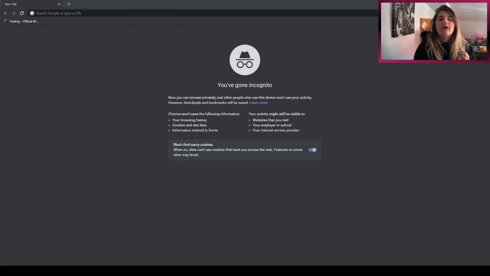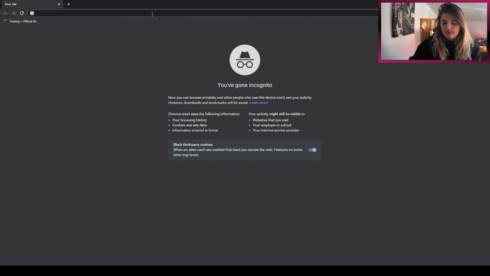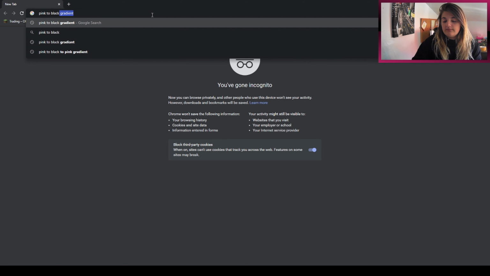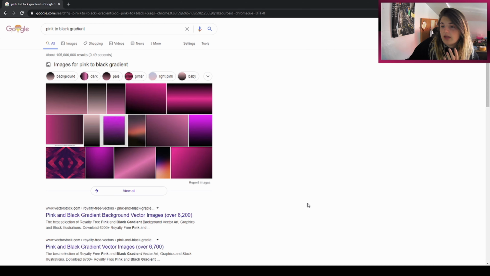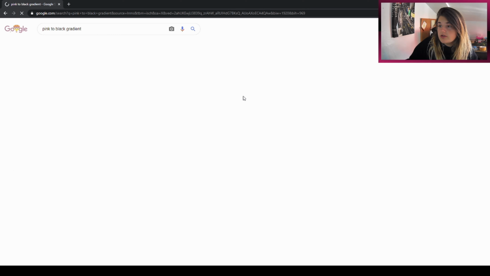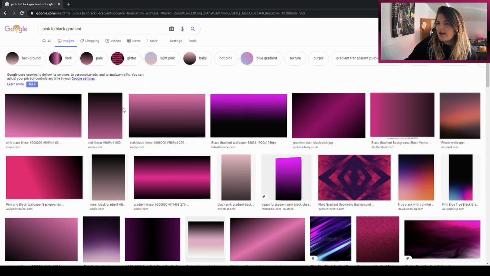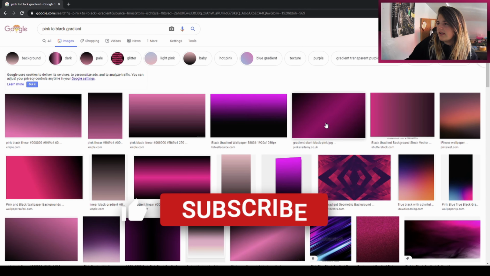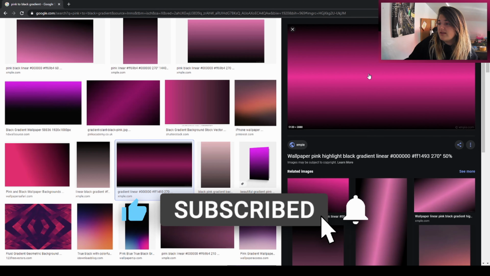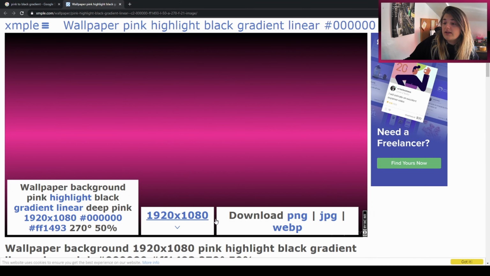So I'm going to assume you haven't got a picture yet. Get your colour scheme and type it in. So mine's going to be a pink to black gradient. And we come up here, you can go into image. Look round. I am really liking this one. It seems to be in 1080 by 190, which we like. Oh, it's a bit more than that, so it's fine. So click on it, download it,